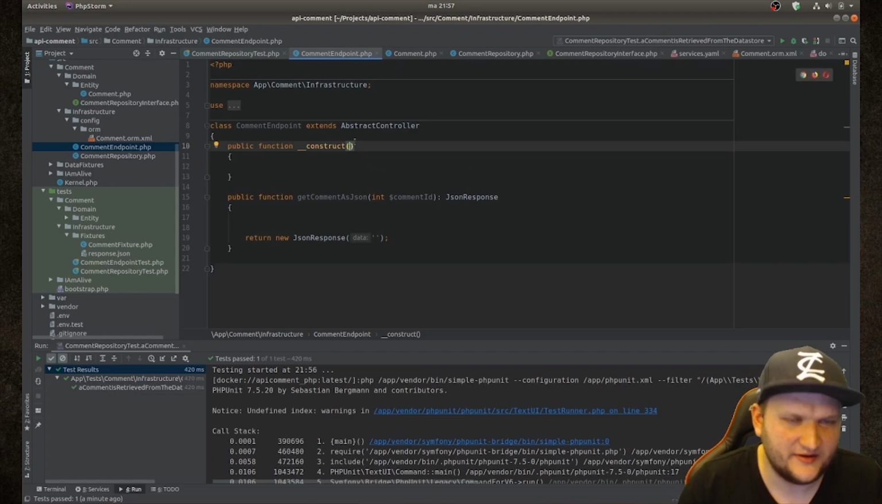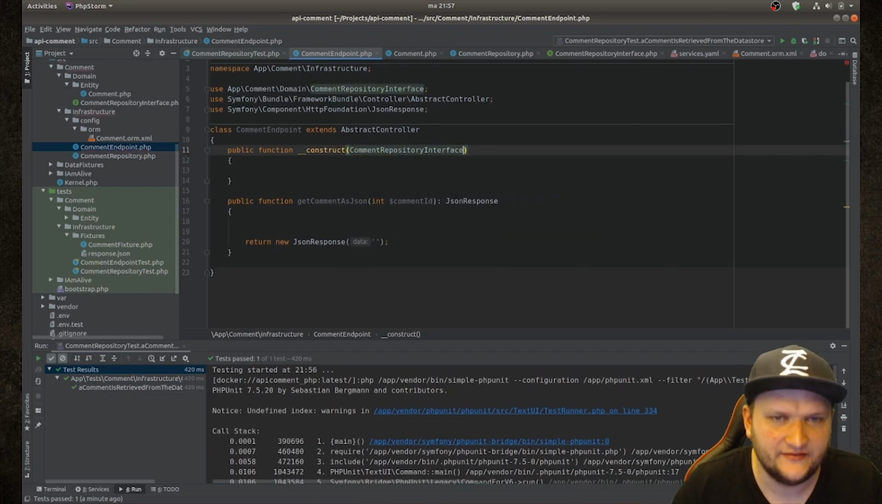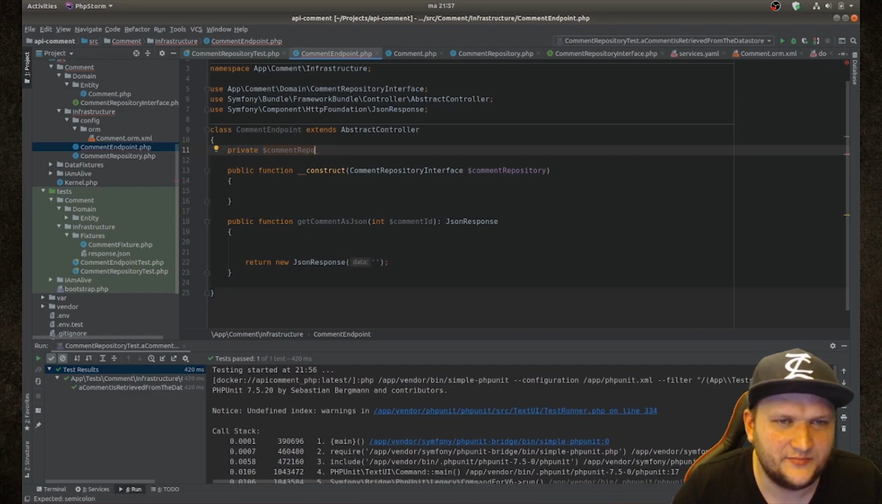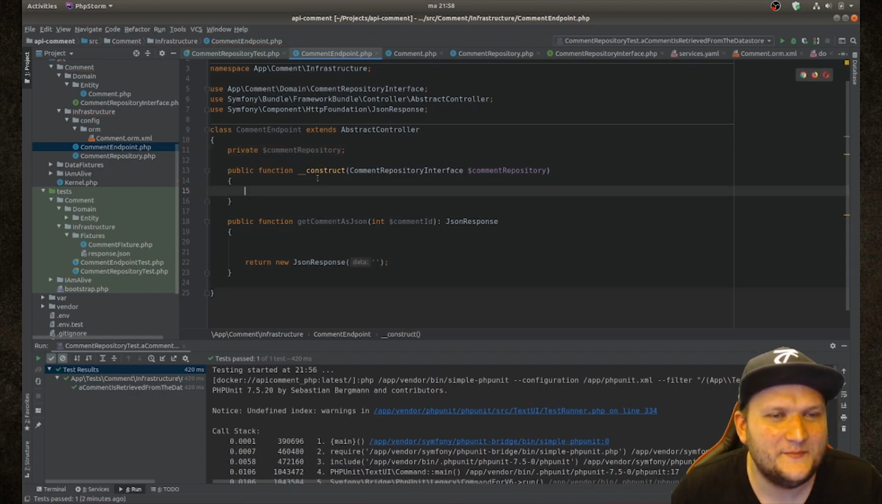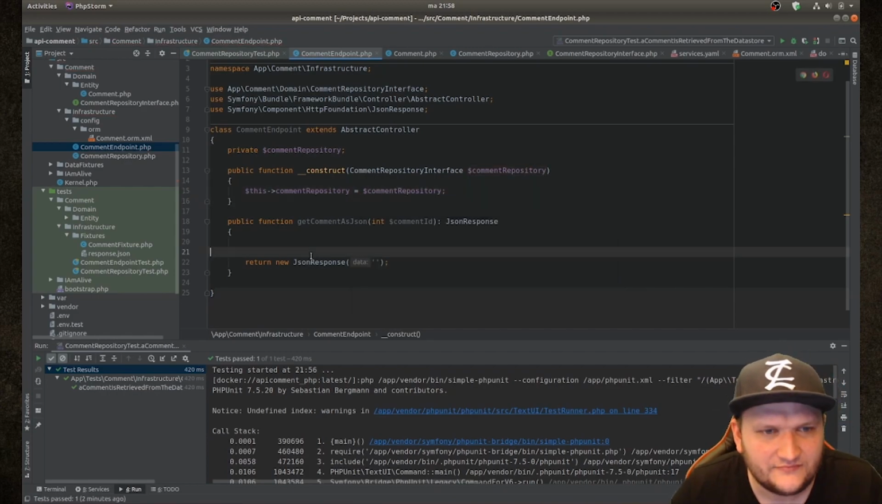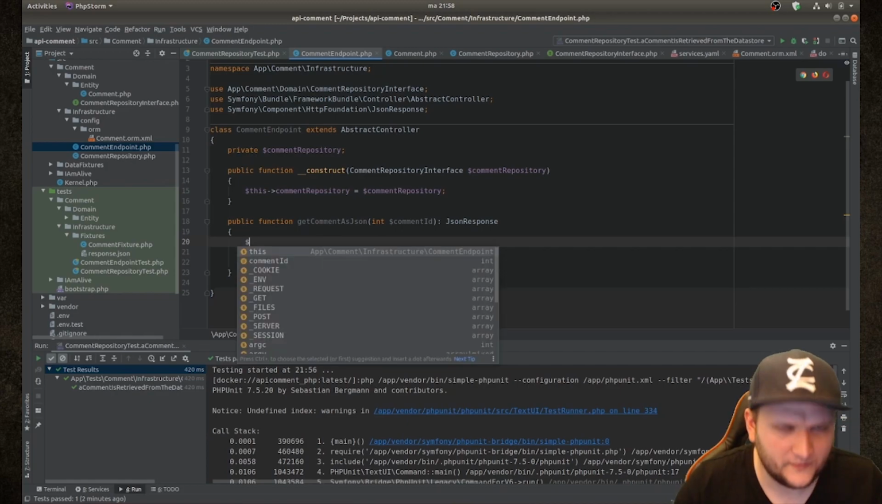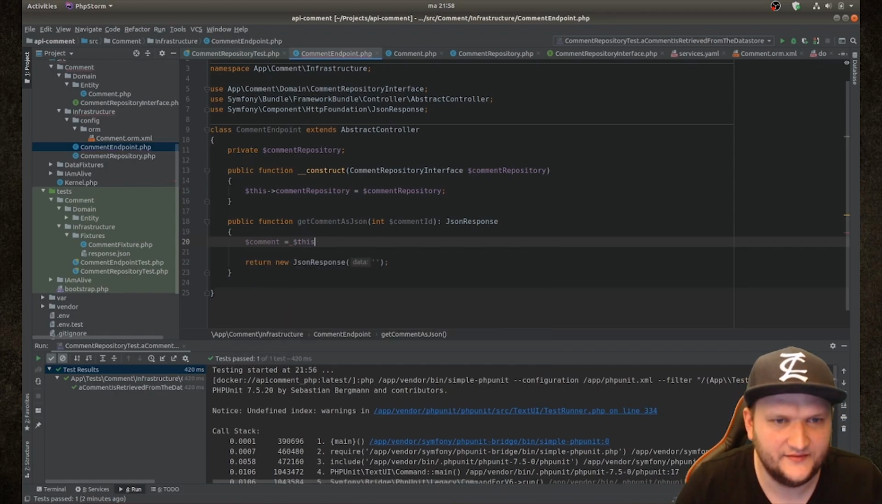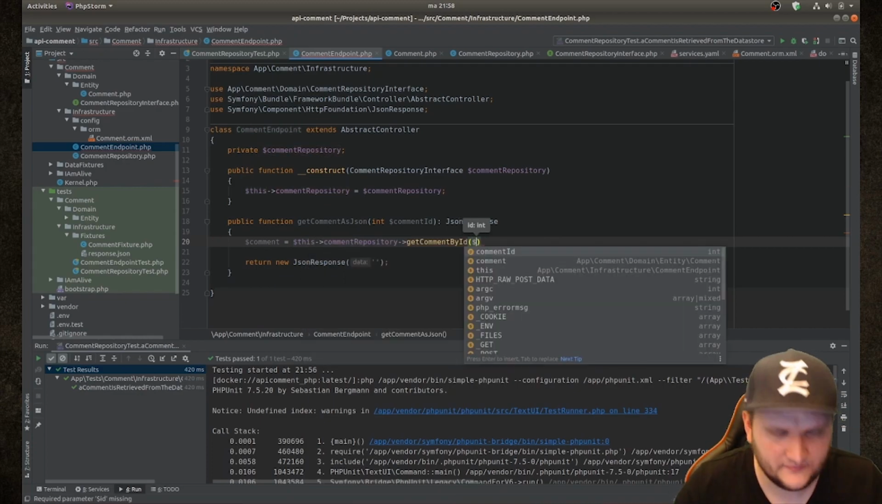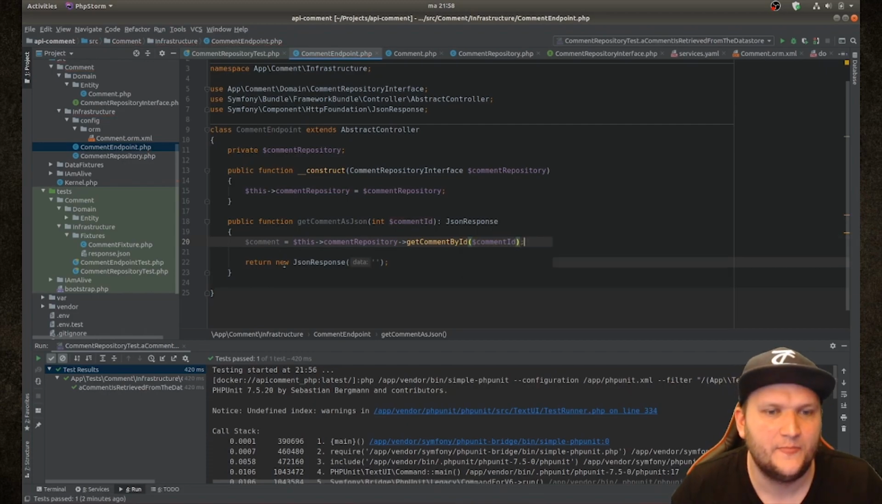And what we want to do is have a comment repository interface called CommentRepository. We have a private $commentRepository, and this commentRepository equals $commentRepository. Now what you can do is say comment equals this commentRepository, getCommentById, comment ID, what we get from the route, and then,